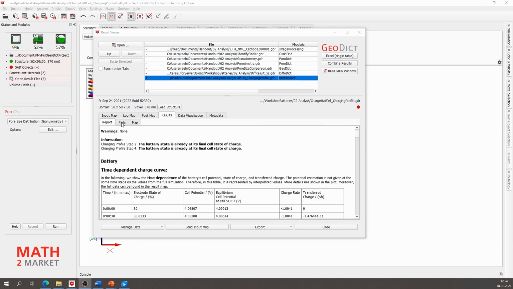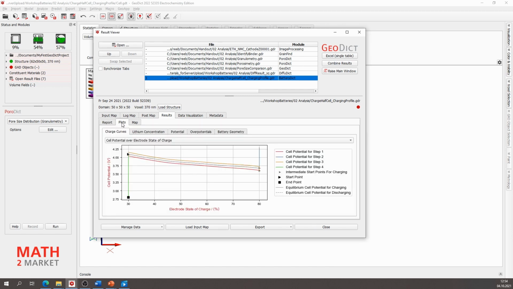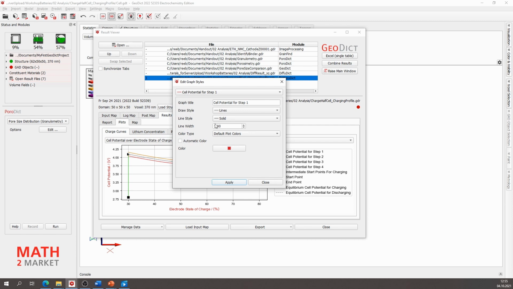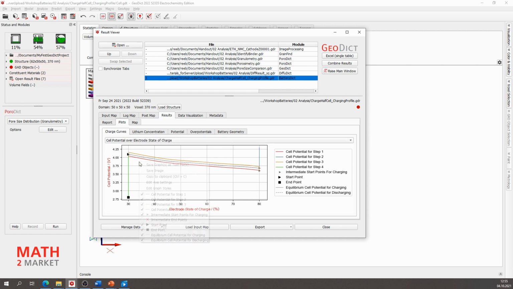We can go to the plots, and here several of the data that we calculated are directly plotted. You can edit the axis, you can edit the graph style, for example, if you want to have bars, lines, points, or something else. And you can also save the image if you like it just the way it is, or you can make check marks for which potentials in which steps you want to have shown.